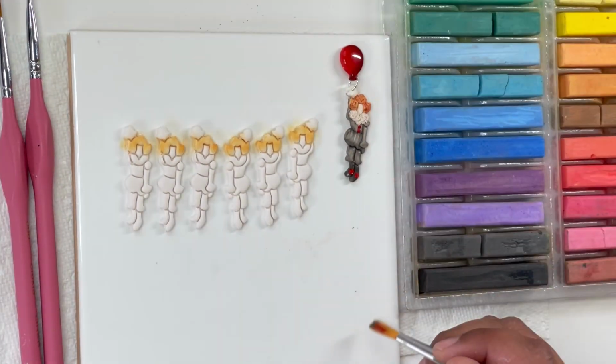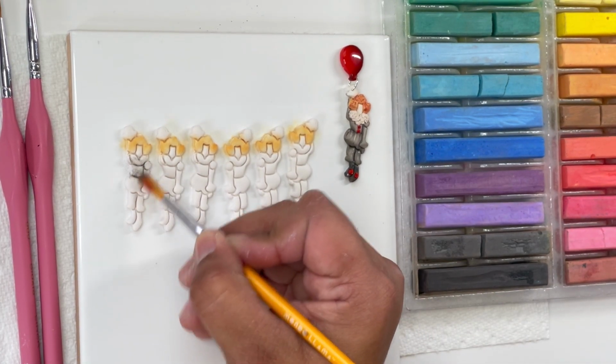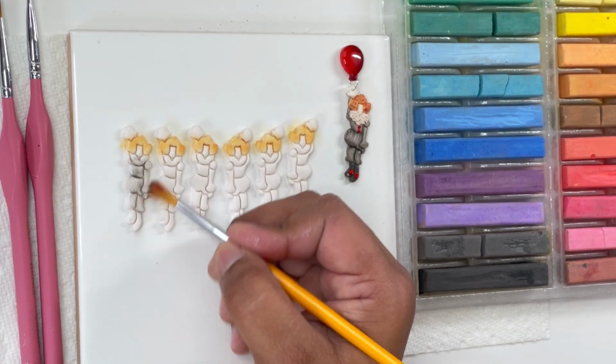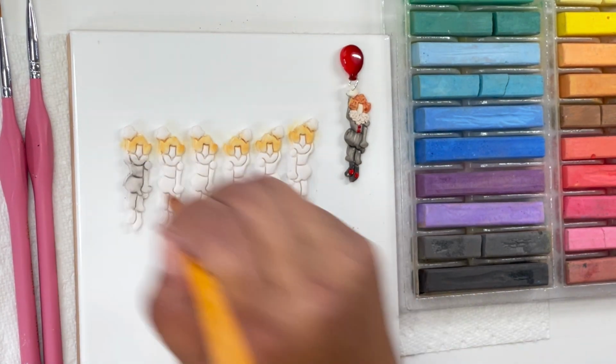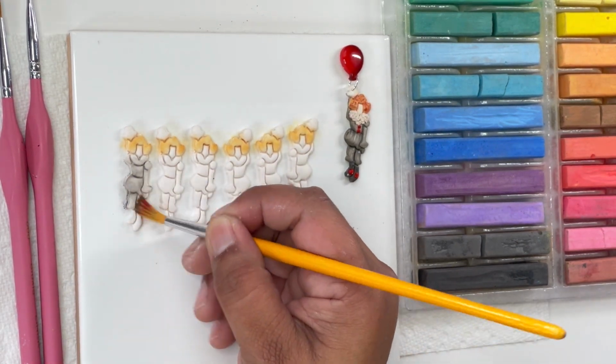So now I'm just showing you that I did the same for the rest of the clowns. Now I'm using the gray color, and I will put a base coat on all of the clowns. But what I was trying to say is, if you're going to make a clown like this